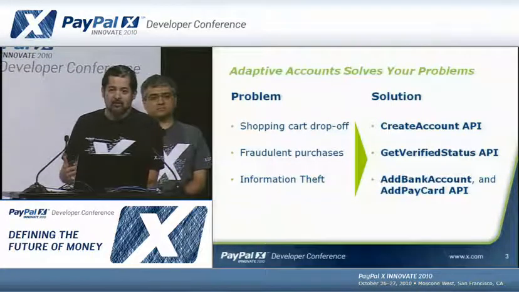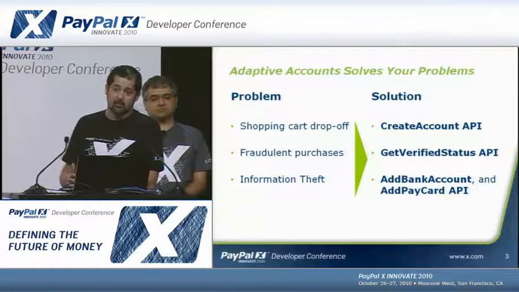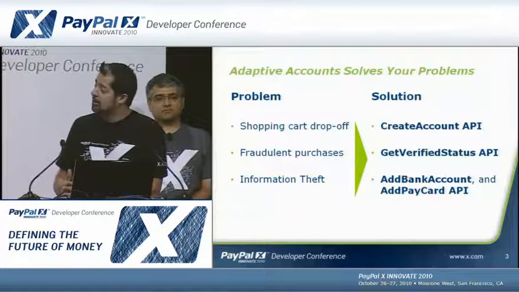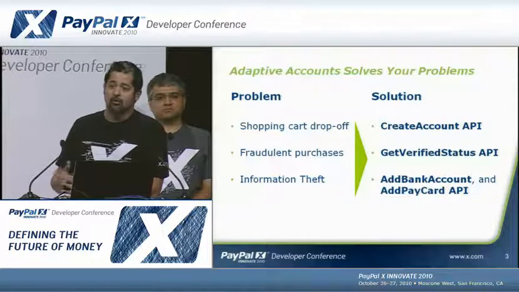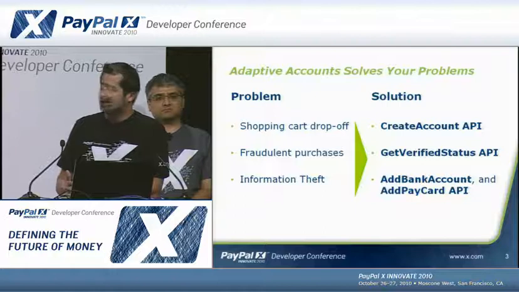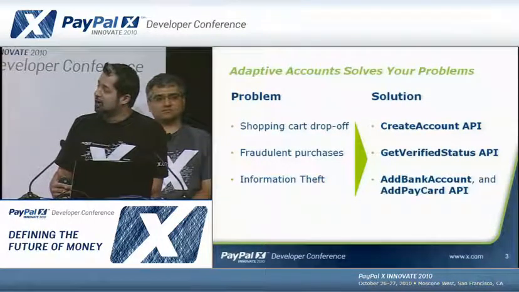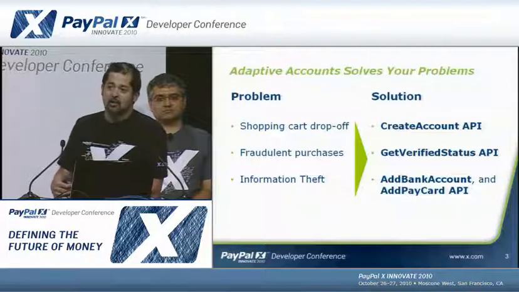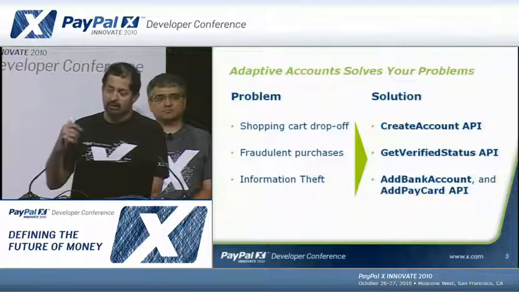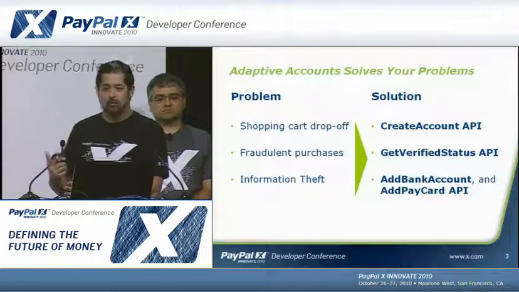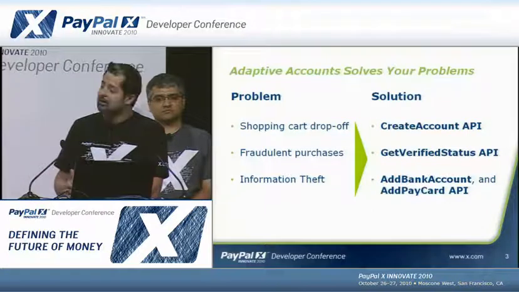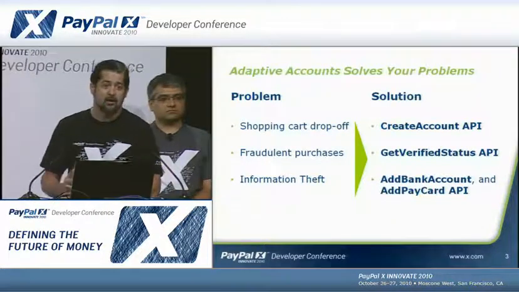One of the interesting bits of data that a lot of our early adopters are experiencing when they started seeing some of their early successes was shopping cart abandonment. They'd have a number of users and prospective customers coming in, browsing around the applications and their sites, and seeing a number of these users walking away without a transaction. And a number of these users are folks who do not have PayPal accounts. So it's a very disruptive experience for them to have to browse around, go to the PayPal website, create an account, and go back. That's where Adaptive Accounts has a Create Account API.